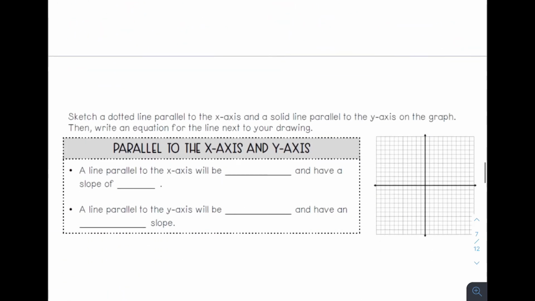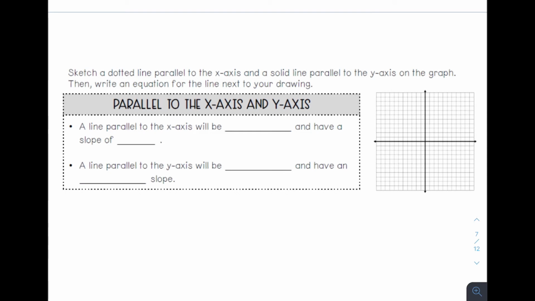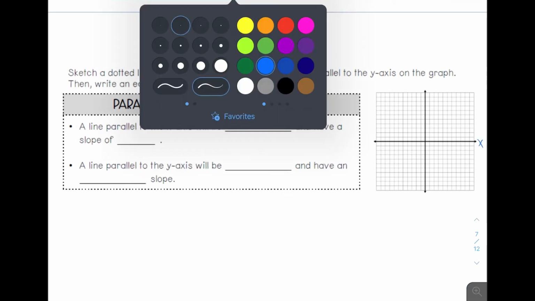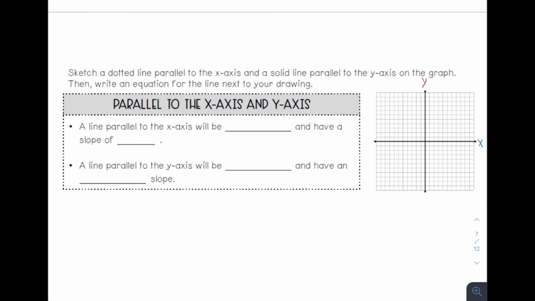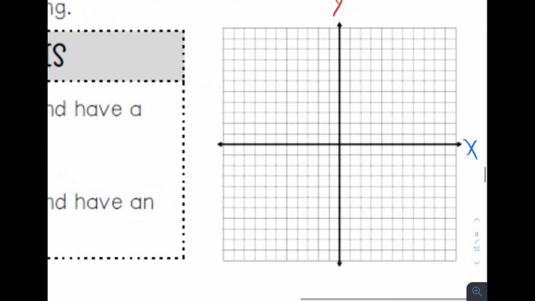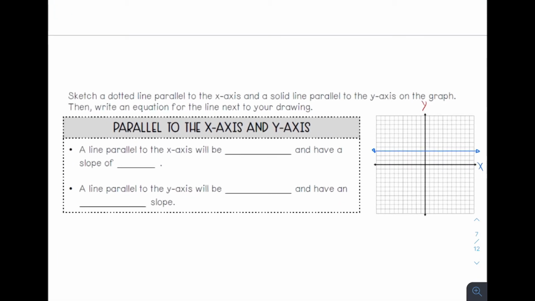Okay, so now we can go ahead and move into the next part of this. It says sketch a dotted line parallel to the x-axis and a solid line parallel to the y-axis on the graph. Then write an equation for the line next to your drawing. Okay, so this is my x-axis and this is my y-axis. I'm gonna go ahead and draw a parallel line to my x-axis first. I want to do 3 right here. Okay, so there's my parallel line to my x-axis,